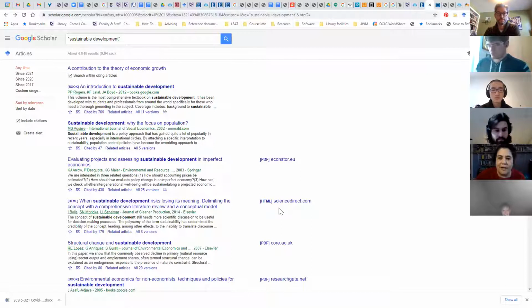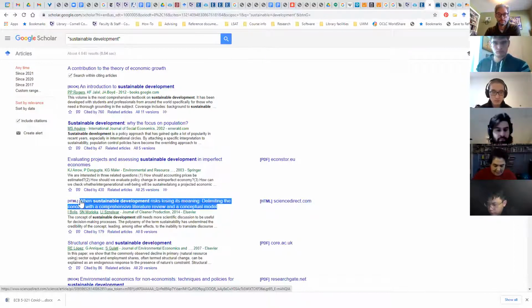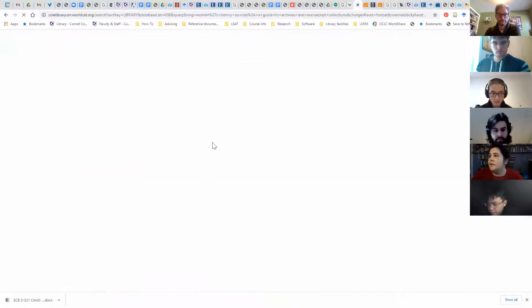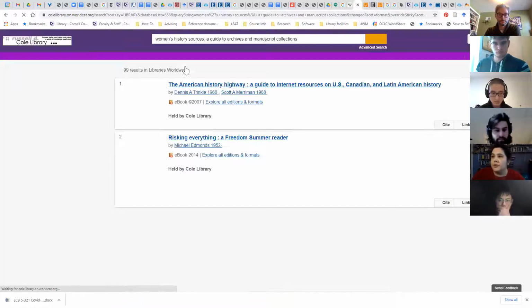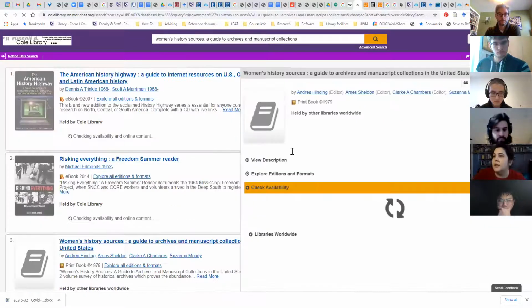If you can't figure out how to get that working, you can always plug this into WorldCat, and usually it'll come up there. This is the same catalog that we looked at for books, and it also searches a lot of our databases.